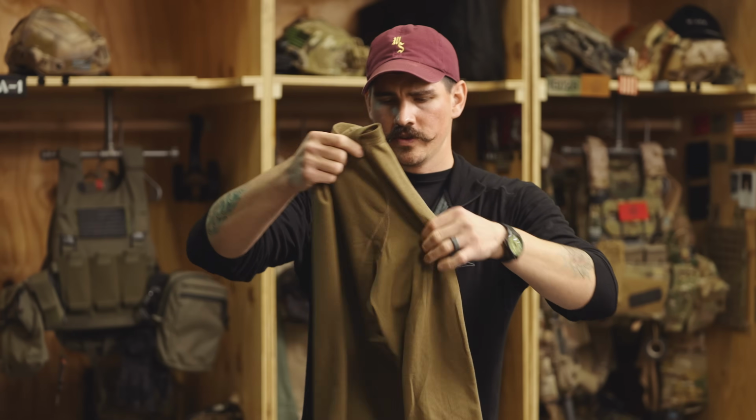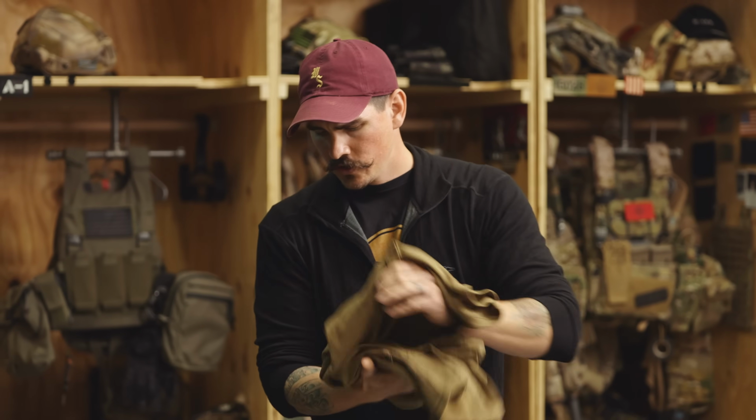So these do have their place, but usually if I'm going to be shedding down to just a base layer, I prefer to have a collar or a hood of some sort. But if you have to wear it underneath a field shirt, I prefer something of this